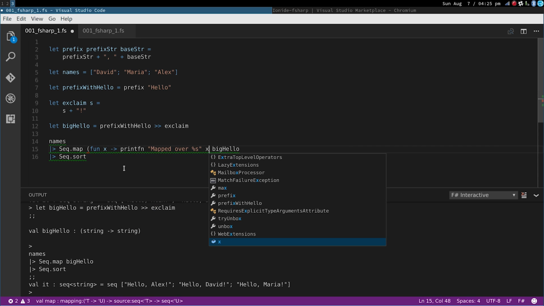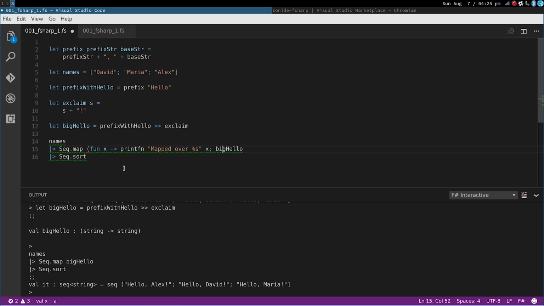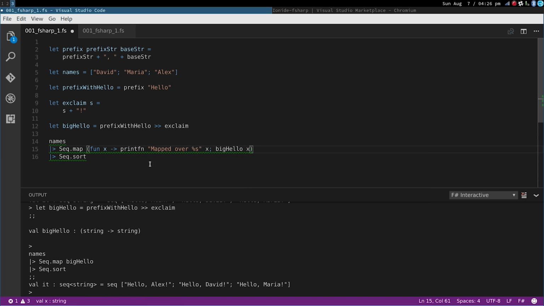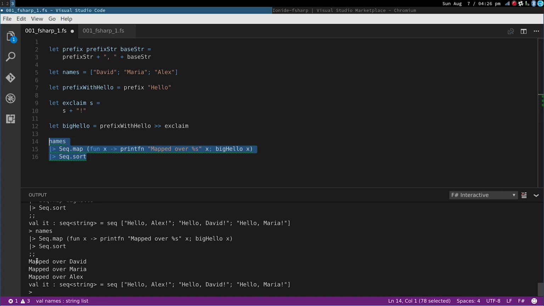I will print x, and then I will pass x through big hello so that the value still passes through. So one thing to note about function definitions in F#, you can have as many expressions as you want inside of a function, but only the last one actually defines what value gets returned by the function. So if I just evaluate this now, it won't seem very surprising because it will actually just print it out